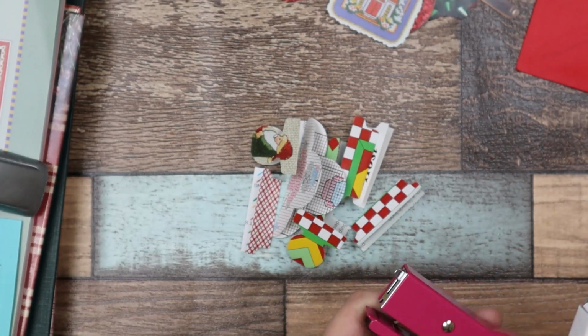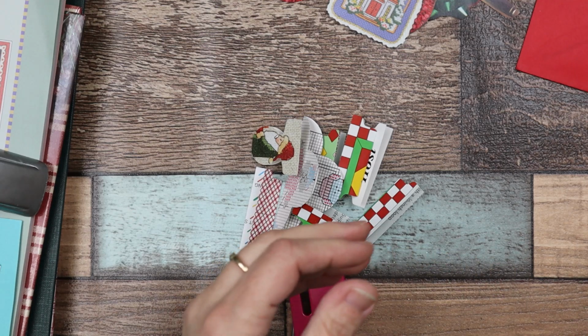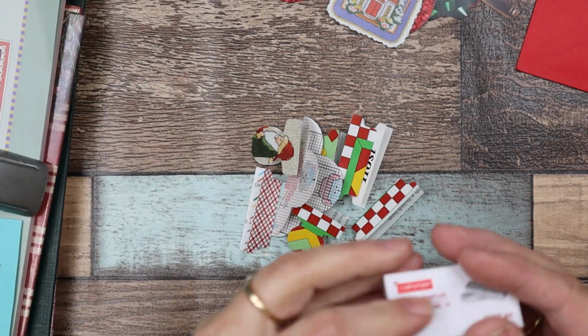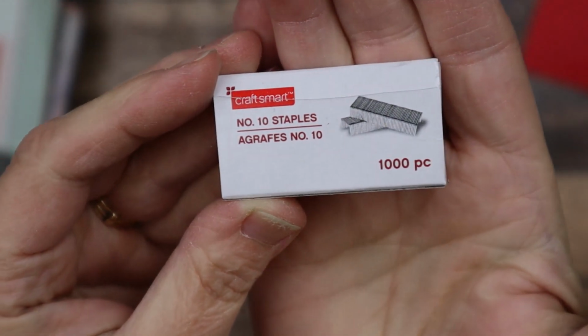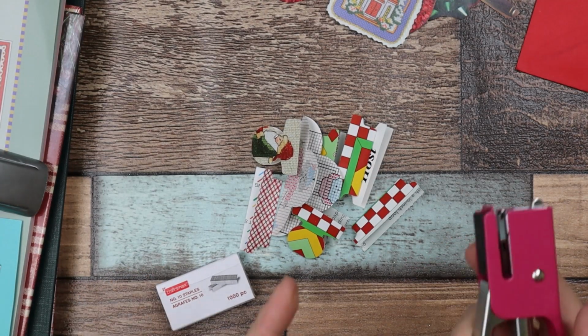Was it that one? No, it's not that one, I don't think. Nope, those are standard staples. Where did I put my... Oh, right here they are. Here they are. So it comes with this, and they are called number 10 staples. There's 1,000 of them in there. So they are great for attaching, like the tiny attacher,